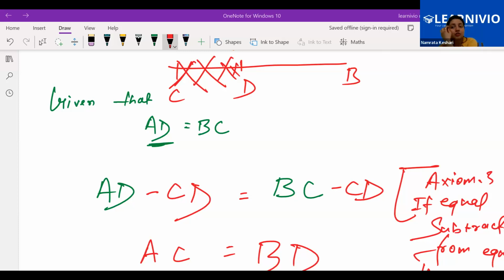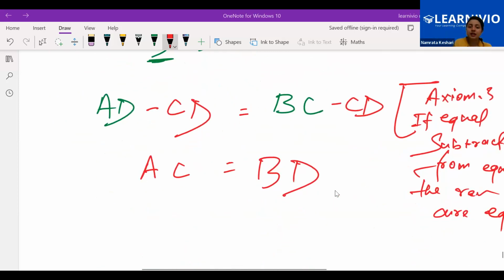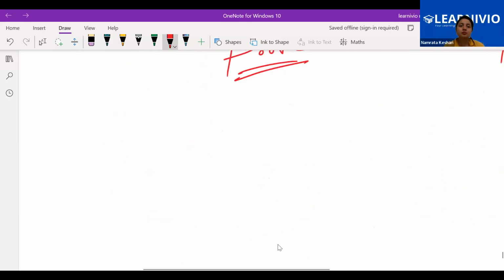Postulates are also there. We will be discussing that, and that also you have to learn in sequence. Is this clear? How we did the proof? Now we will say that we are done with the proof. Proved. Is it clear to everyone? Please let me know. Clear. Let's move ahead. Now the next question I am giving to you, do it.